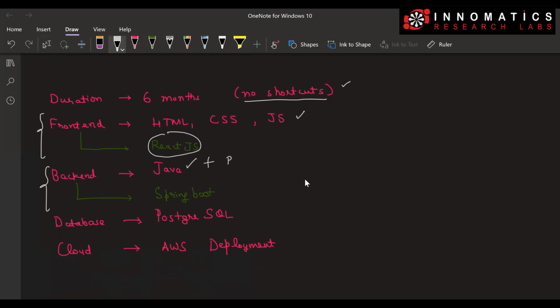We are also going to teach you problem solving using Java programming. We are also going to teach you the Spring Boot framework for the backend. We are going to teach you MVC, REST APIs, how to build them, how to write the code, how to write the code for user authentication, how to do all these things, right? And finally, we are also going to learn a database, the PostgreSQL database, and we are going to wrap up this entire course with the AWS deployment of your application, right? So this is the entire course.